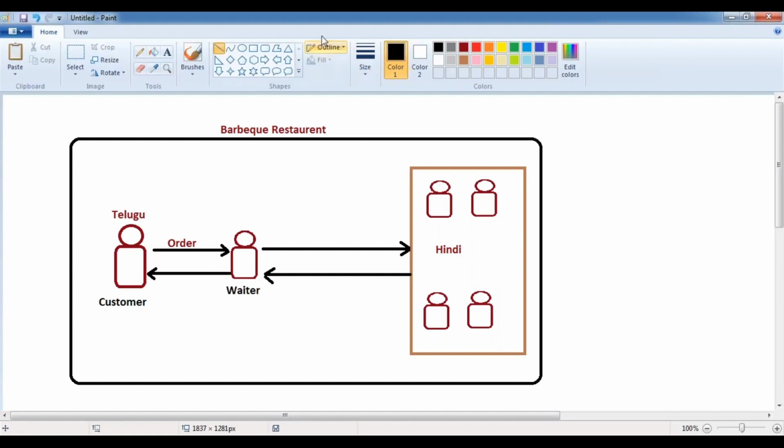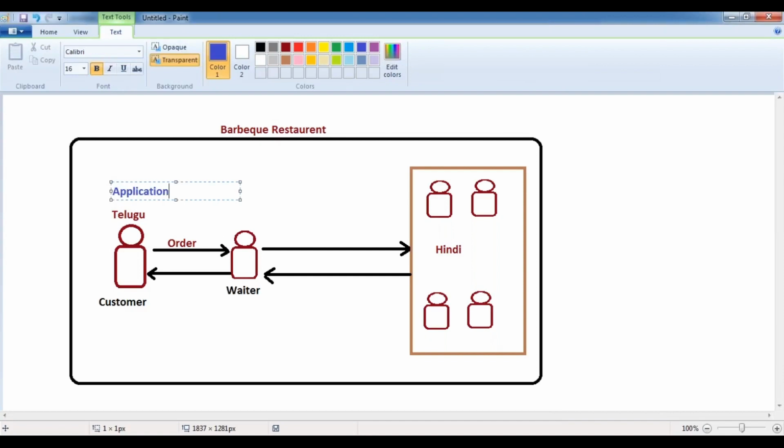For example, assume that these two are two different applications. This is application 1, and this is application 2. So how the two